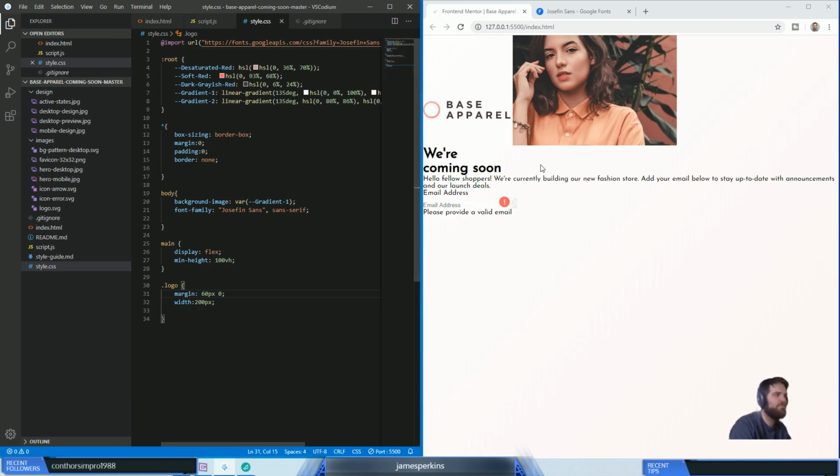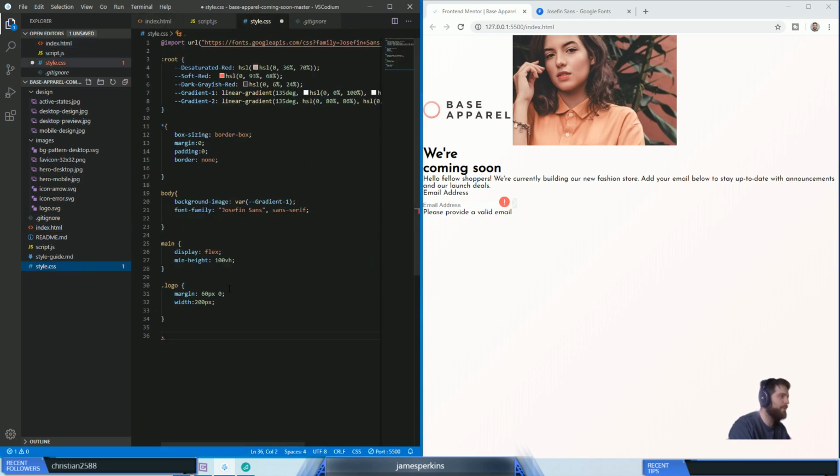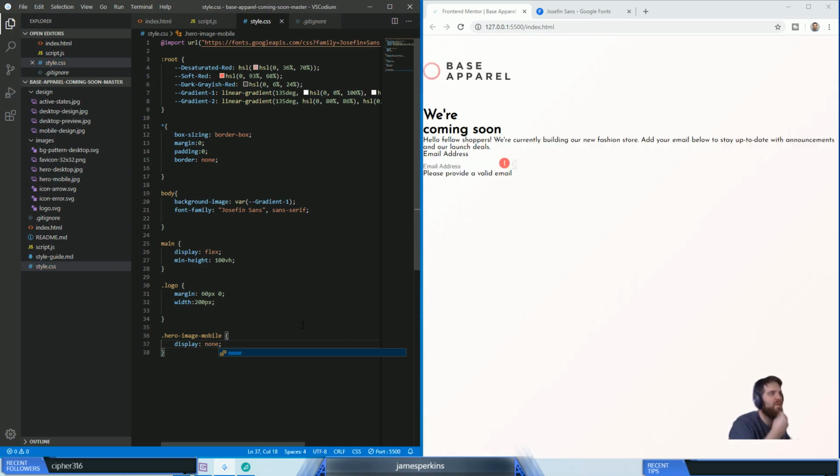We'll go with that. Then we'll set the mobile version. What did I call the mobile logo? Hero image mobile. We want to set this to display none. There we go. So this is why I was saying earlier, it's easier for us to set things one